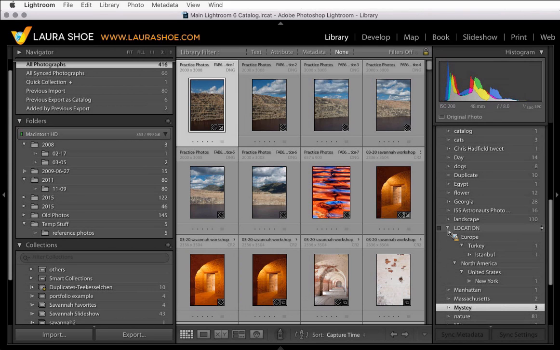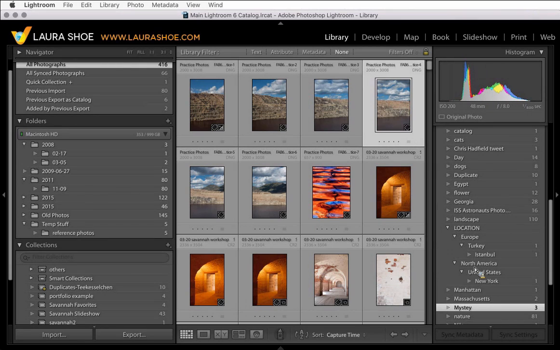There's another advantage as well, and that's to make keywording itself more efficient. Let's say that I have a photo that is from New York. I'll select that photo and I'll give it the New York keyword. I could type it up in the keywording panel, but I can also just put a check mark here next to New York. The cool thing is once I've assigned New York, Lightroom automatically assigns United States, North America, and